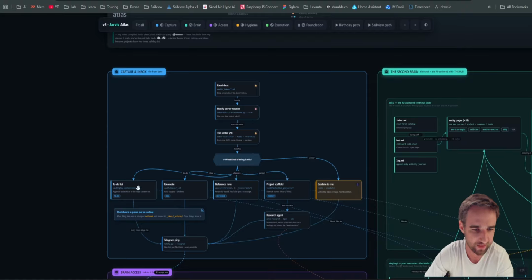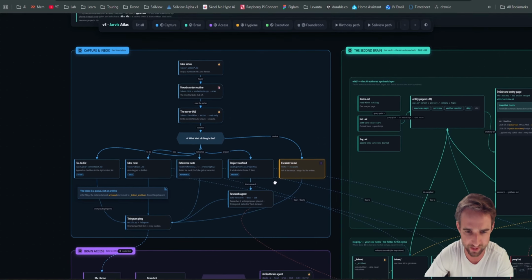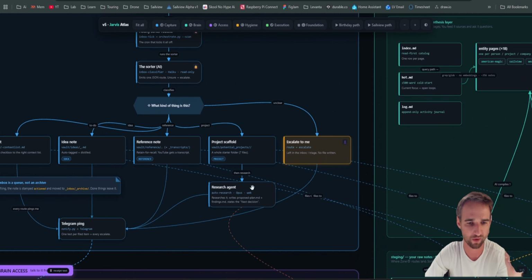So no matter what the item is, it's going to ping me on Telegram and it'll just say, hey, I got your to-do list item. It's filed away. Don't worry about it. And then it'll archive the item. Now, if it's a project, it will spin up a new automation,